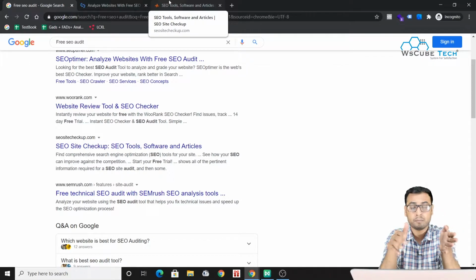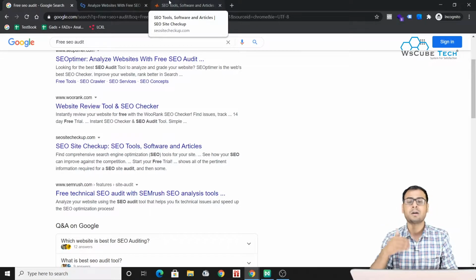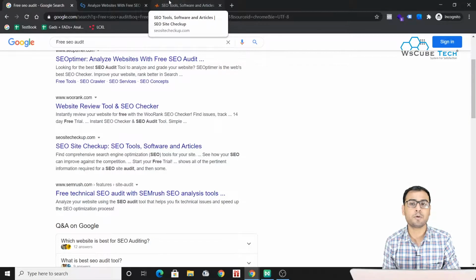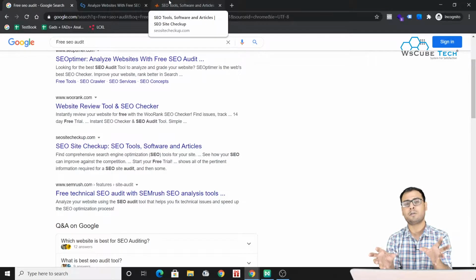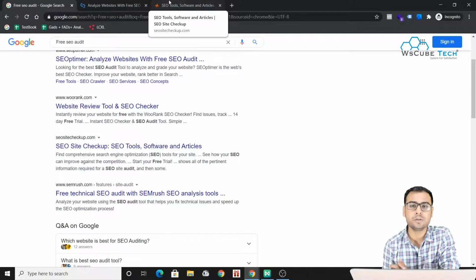So if you want to dig into a search engine optimization audit for any website, then basically you have to rely on different tools. But what comes first is how we are supposed to do the basic SEO audit. So if you are getting any website of your client, or it is your own website, then you can take the help of these kind of tools and do a very basic, very general audit, right?